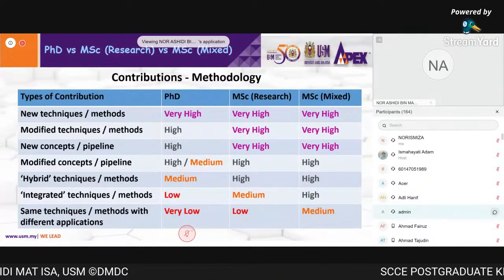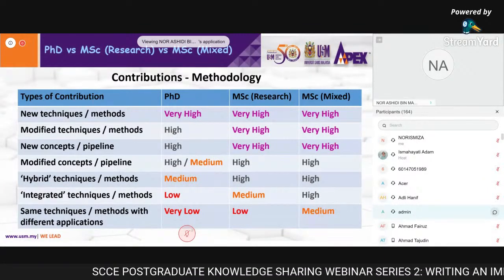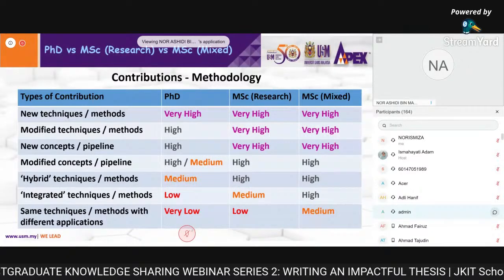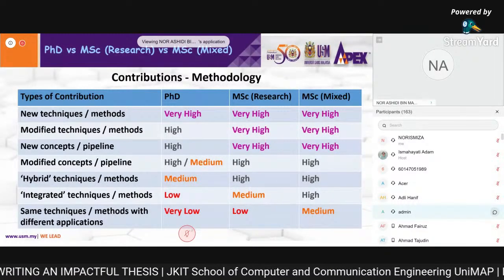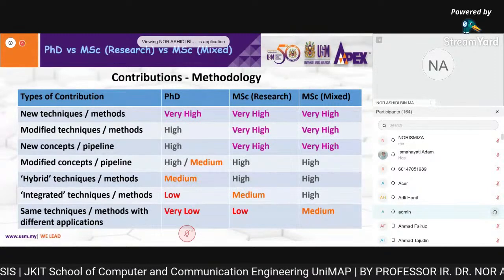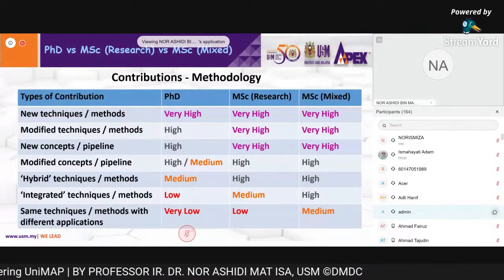That's why you need to have very thorough knowledge in your literature review, because your literature review will theoretically support your introduction of a new idea or modification of existing methods. So that's why, as I mentioned to you, chapter 2 is important for the research student.